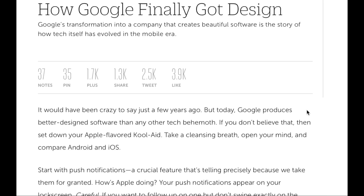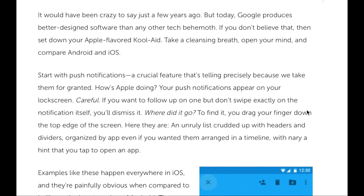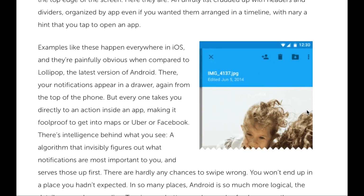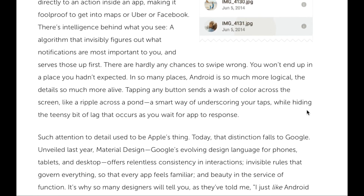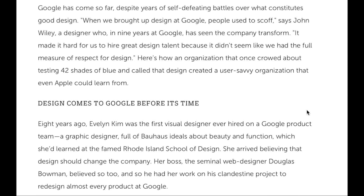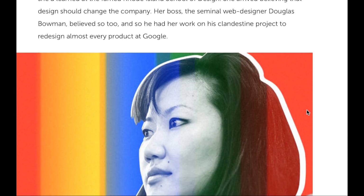Fast Company wrote a great article on the evolution of design principles at Google. The article looks into how Google changed its stance on design over the past decade, from being something that was pretty much shrugged off and ignored to what we see today, an integral component of the organisation with material design. Perhaps the most interesting part of the article is reading how key members of the design team progressively pushed the